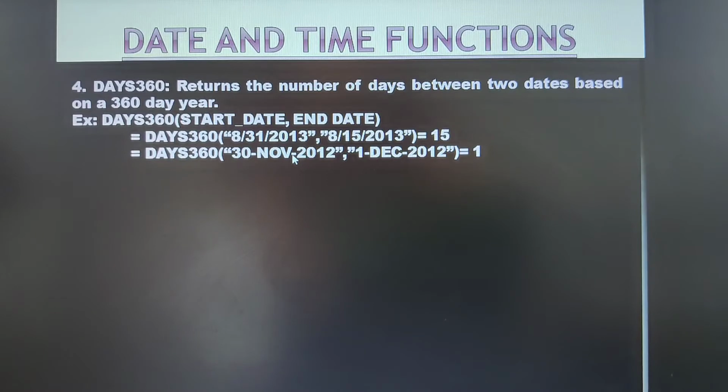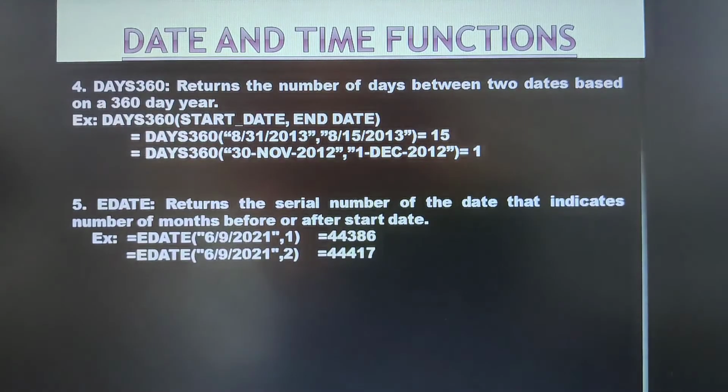The number of days between 30th November and 1st December 2012 is 1. If you want to calculate the number of days between any two dates, it is better to use DAYS360 rather than manual calculation, where we may make a mistake.